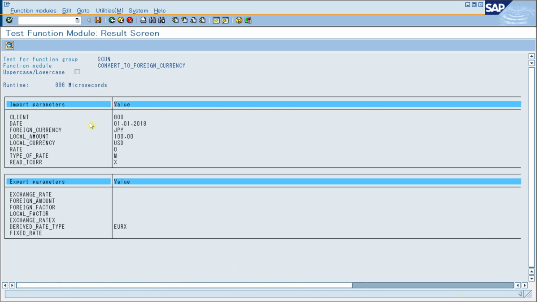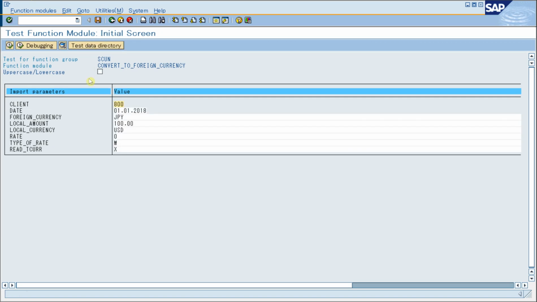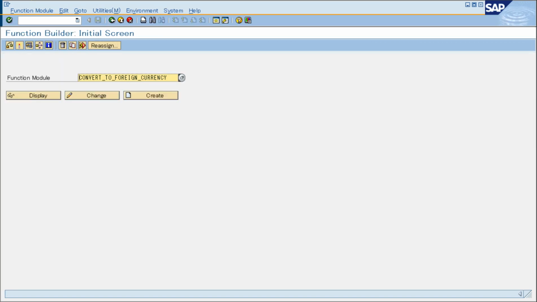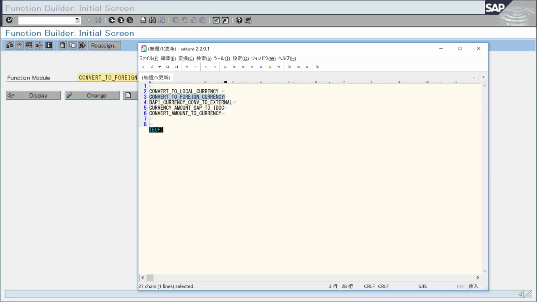So when we use this function module, we have to input the decimal, which is 00 after a period, and sometimes, and then I will introduce